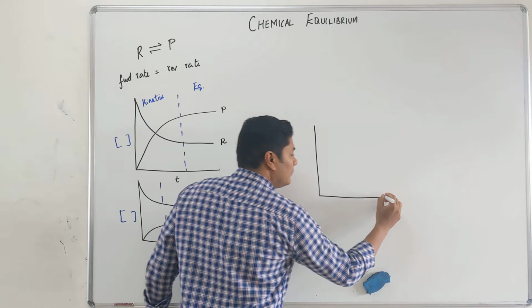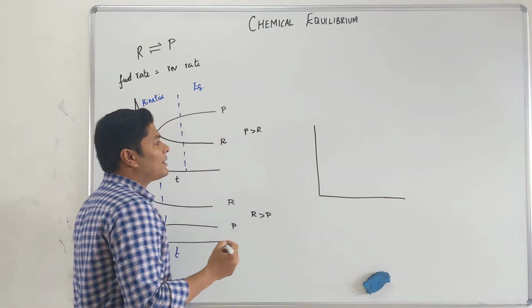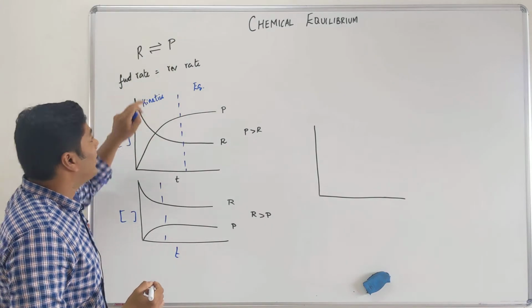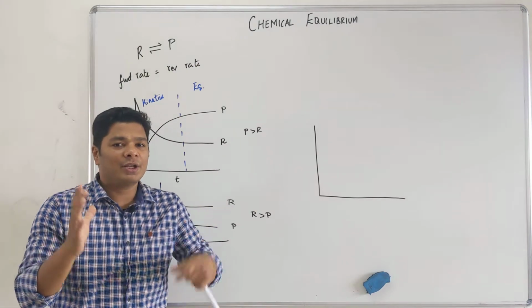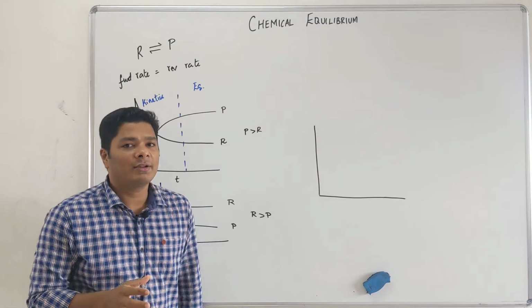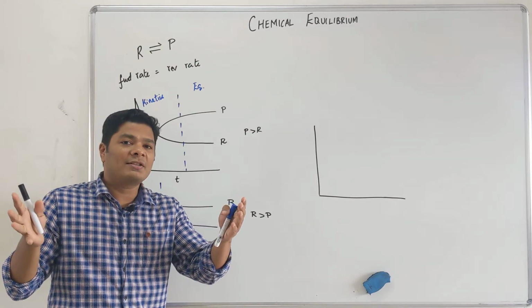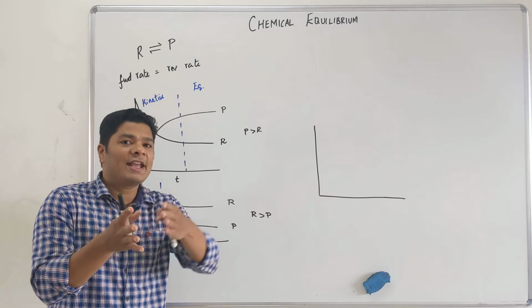This graph gives you an idea of how the reaction rate is going to be. Let's say we are going to talk about forward rate. Initially there are a lot of reactants. Imagine the room that you are sitting in right now, that's your reaction vessel. There are a lot of reactants there, so the chances of a reactant meeting another reactant, colliding, and ending up as products is very